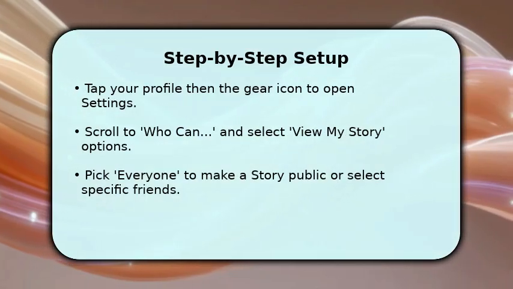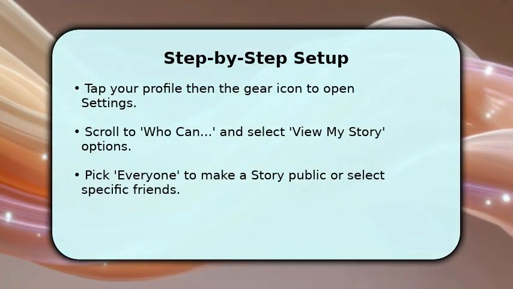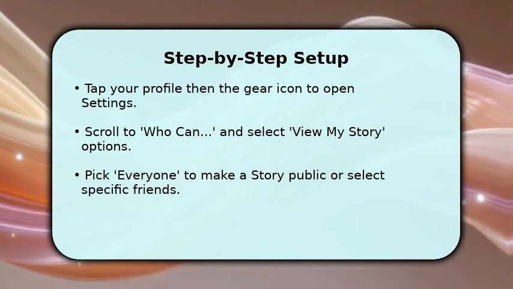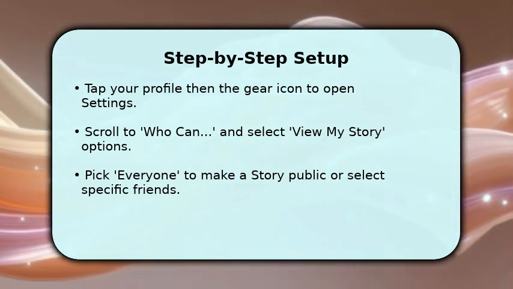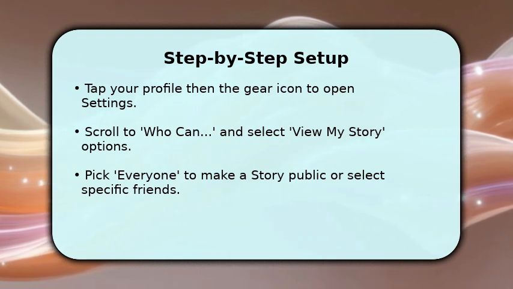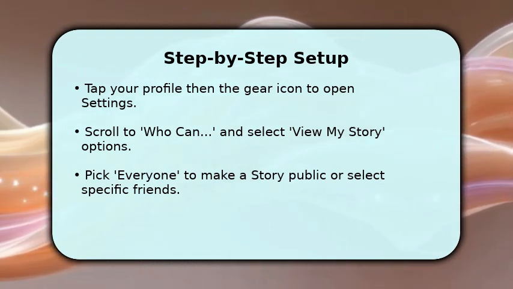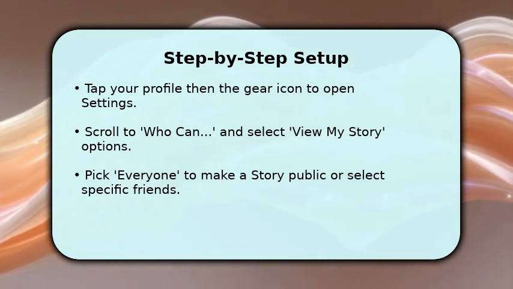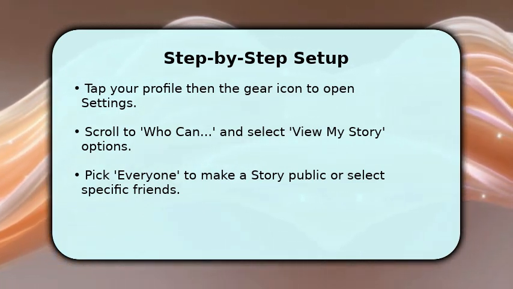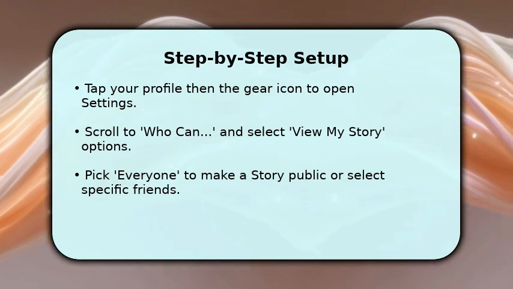Start by opening your profile and tapping the gear to access settings. Scroll to the Who Can section and choose View My Story to see privacy choices. Selecting Everyone makes your story public, while Custom limits it to chosen friends. You can also exclude specific users. After picking your setting, post a short test story and check how it appears to others before posting more widely